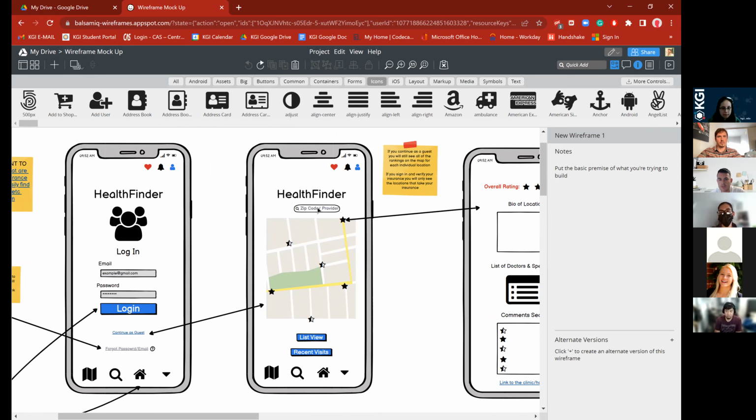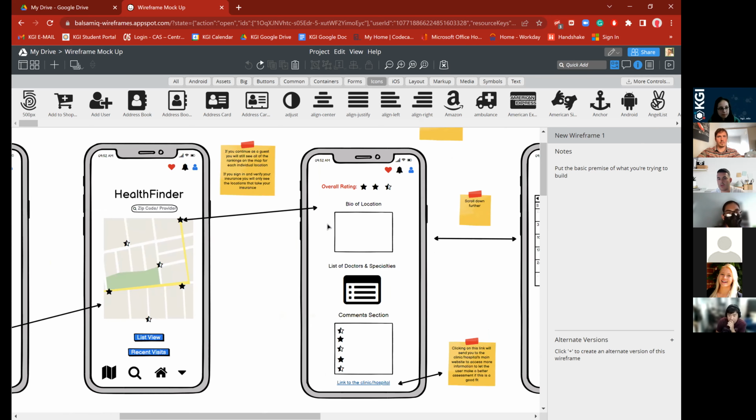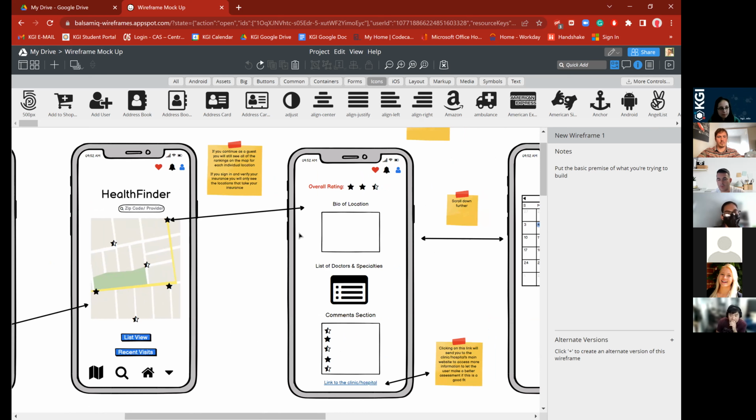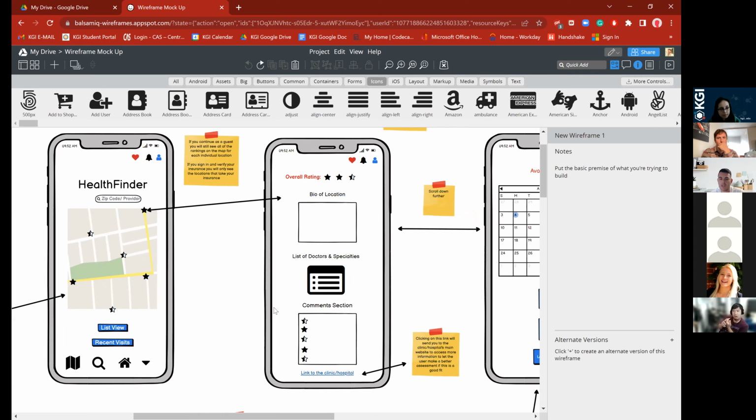So you put in your zip code or provider and you click on one of the stars, right? It'll show you an overall rating from a whole bunch of users. Hopefully, after some time it has more data, but obviously at the beginning it won't have any data. But it'll have an overall rating of the location as well as a bio of the location, what they're known for and whatnot, as well as a list of doctors and specialties. So you can further navigate exactly what you're looking for, and kind of like Yelp, it'll also potentially have a comment section as to what people liked about the visits, what they didn't like about the visits,